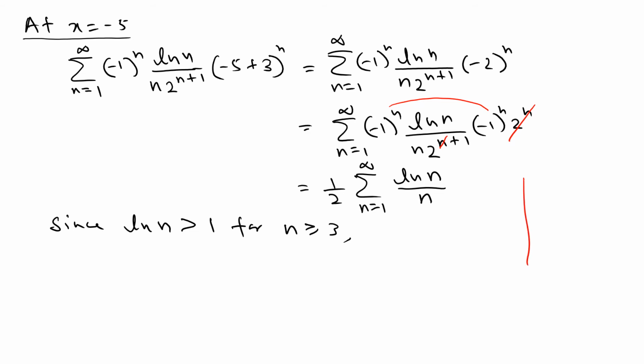If you look at the natural log graph, we know that it passes through 1, and at e it is exactly equal to 1. But e is roughly 2.7. That means if you pick any number which is more than 3, you can see that ln n is bigger than 1. So since ln n is greater than 1 for n greater than or equal to 3, what you can say is,